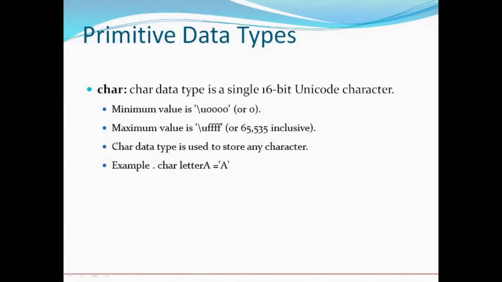Now a very important data type is char. A char data type holds a single character. Okay, as I told you, the data types are important because they give us the freedom to decide what type of value we want to assign to a particular variable. For example, if we want to store the section of a class. This section can be A, B, C or D. That can be very well stored in a char data type.